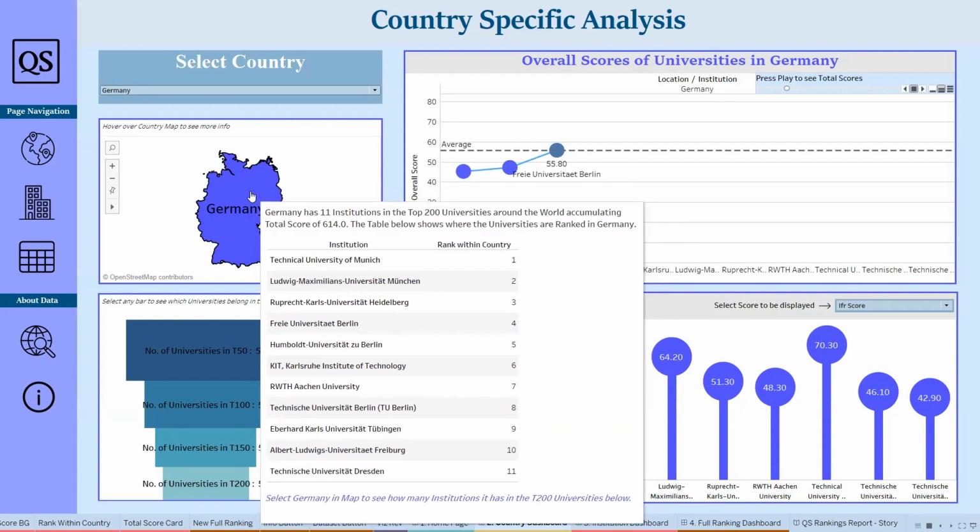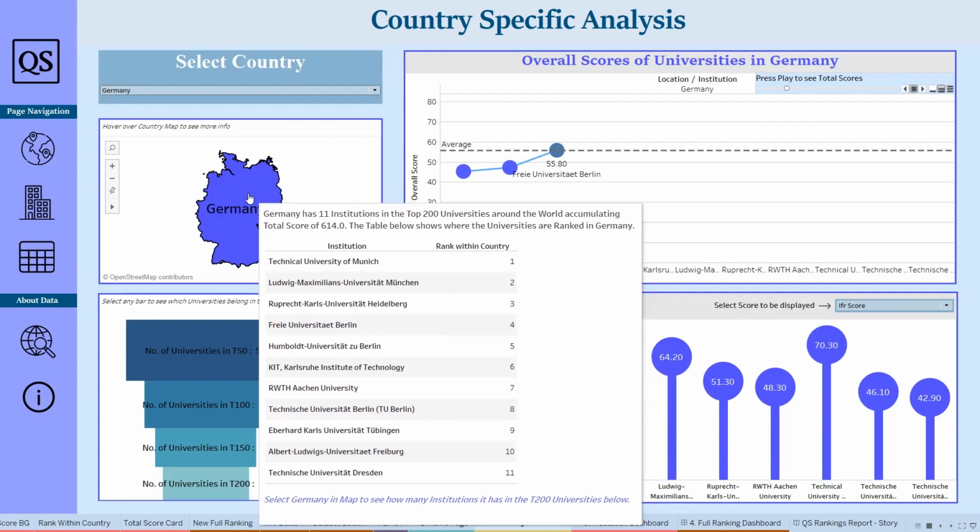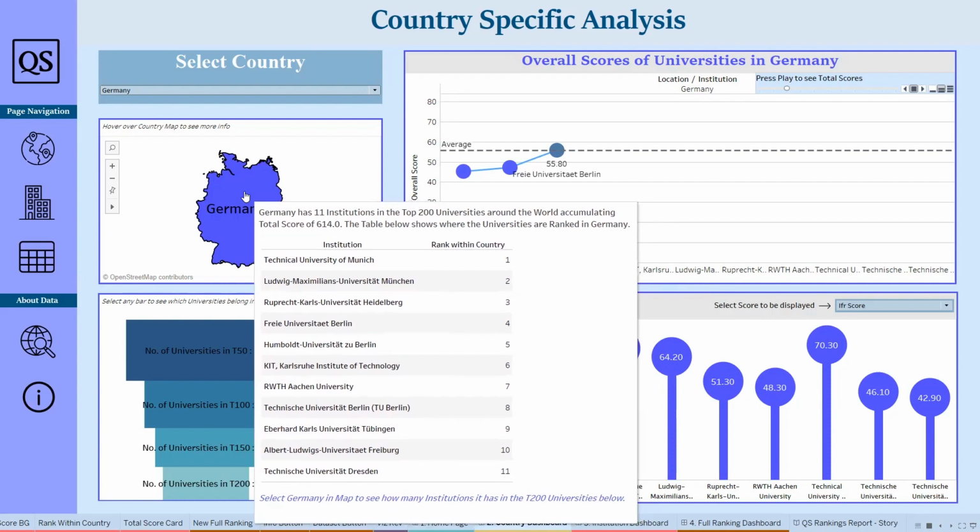So again, this tooltip shows you how many universities in Germany are in the top 200 universities and which of these universities are ranked top in the particular country. So you can see Technical University of Munich, for example, is ranked #1 in Germany. Then the following ranks and the following universities present in that country. Finally, the final text in the tooltip mentions that you can select the country in the map to see how many institutions it has in the top 200 universities below. So if I do select Germany over here,